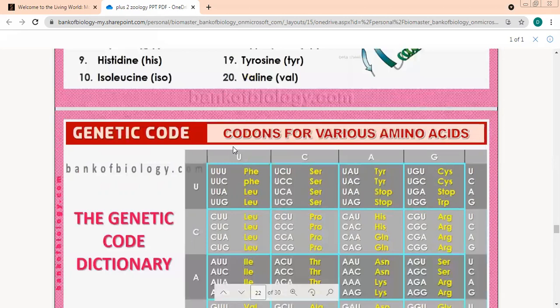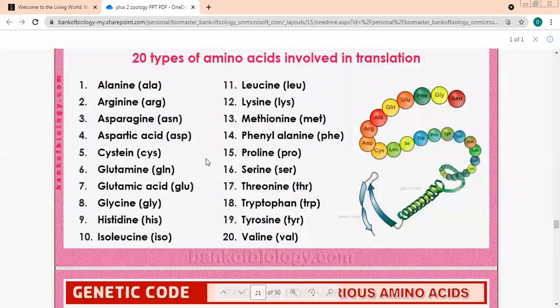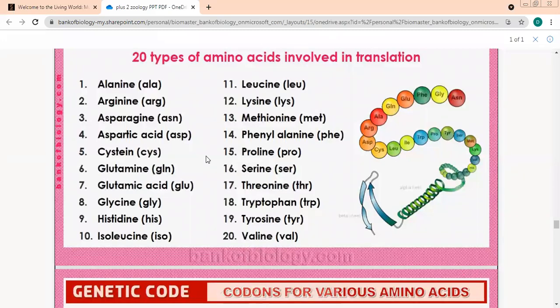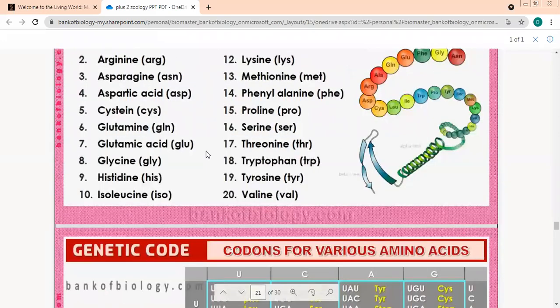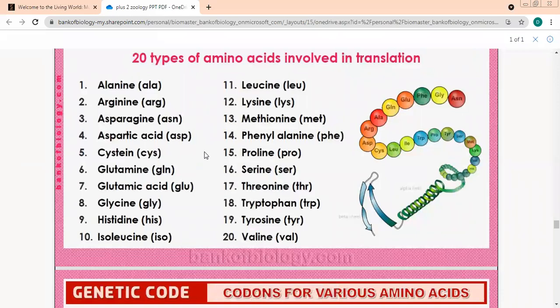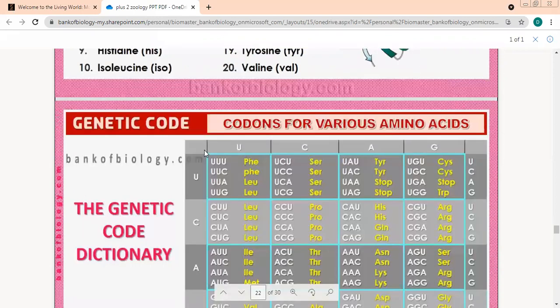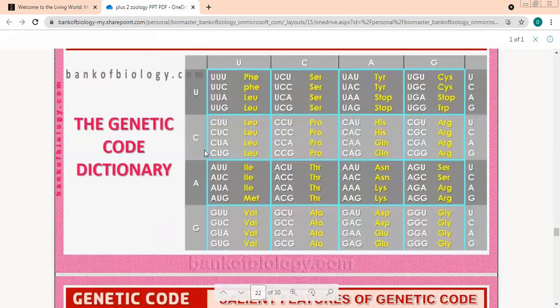Let's go back now. Find this third one. Look here. What is the word which is written? ILE.